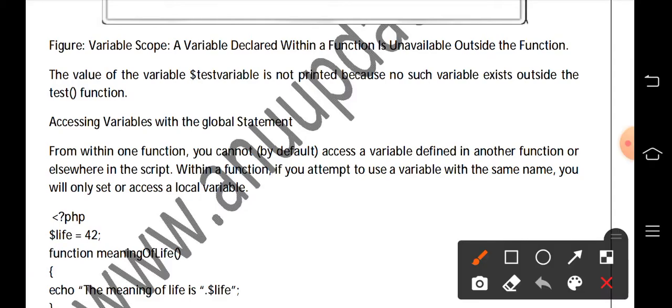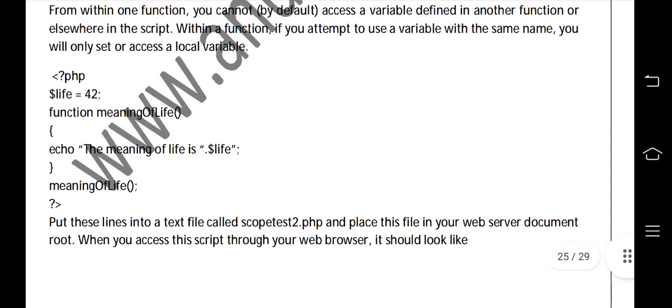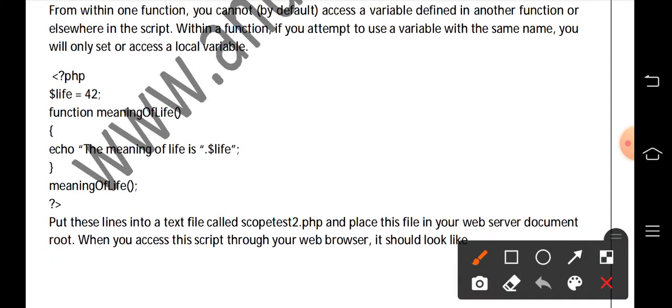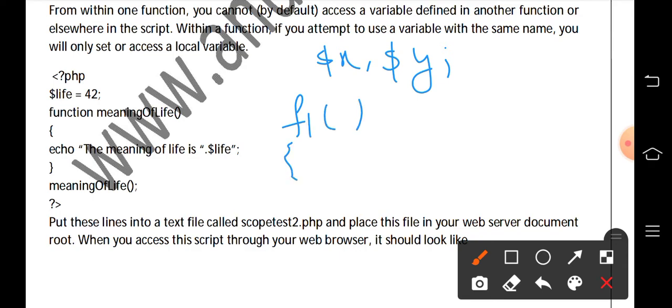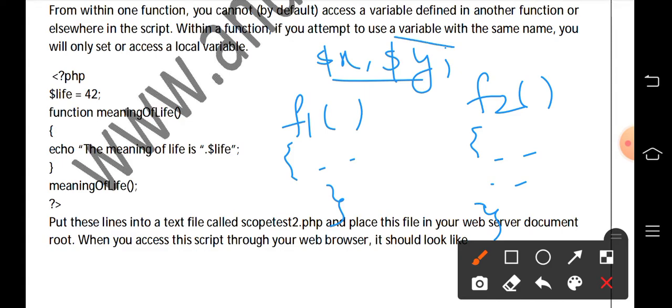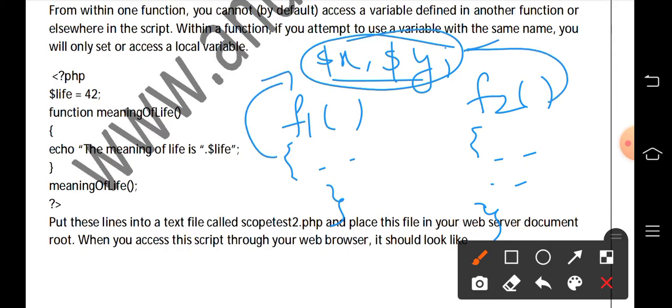Next one is about global variables. Here in this example, global variables means we declare global variables outside of the functions. Suppose x comma y. These are the variables which are declared outside. And suppose we are using the f1 function. Then we can use these variables in the f1 function and even the f2 function, and as many functions as we can write in a single program. Global variables are declared outside of the functions, and they can be accessed inside because they are global, which can be used by all the functions.